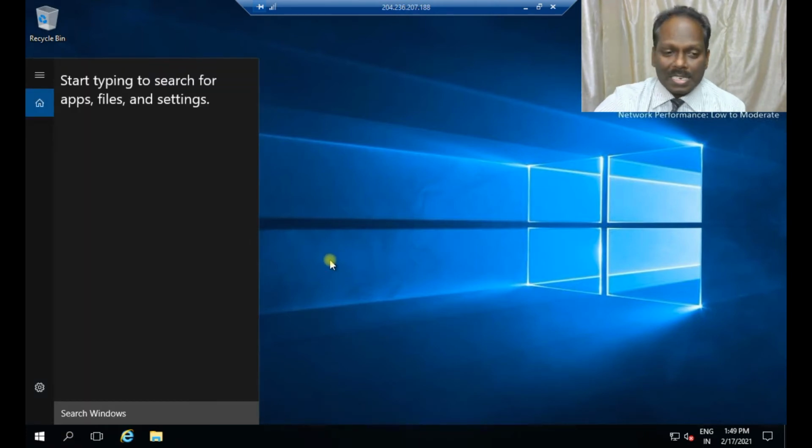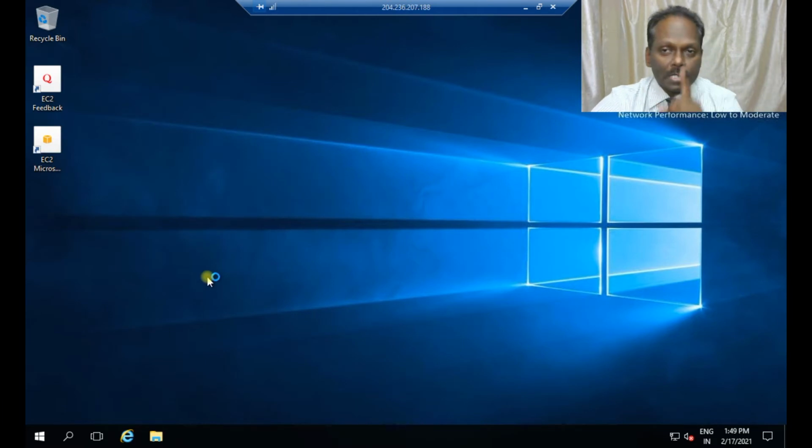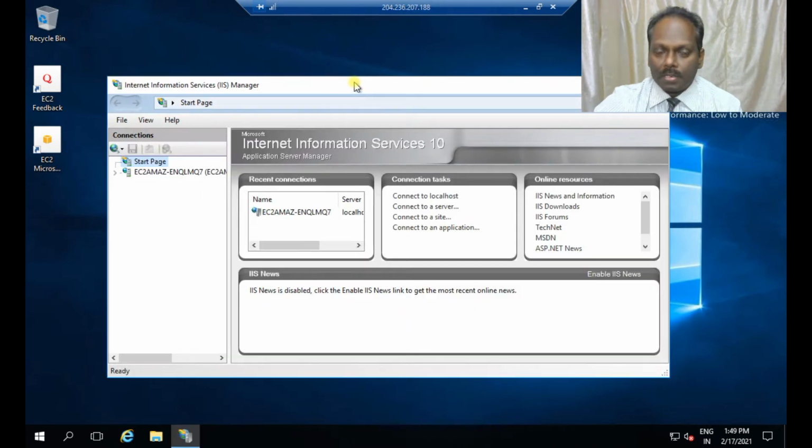Since the installation is done, and say IIS, Internet Information Services. Click this particular one. We need to configure. The first step which we have done is installation. The second step is configuration. The third step is restart the service. Fourth step is verify whether my website is running or not. So I'm into now the second step. The first step is done.